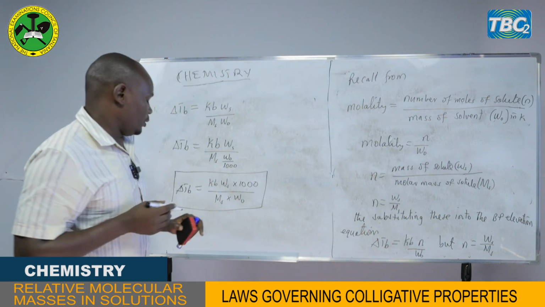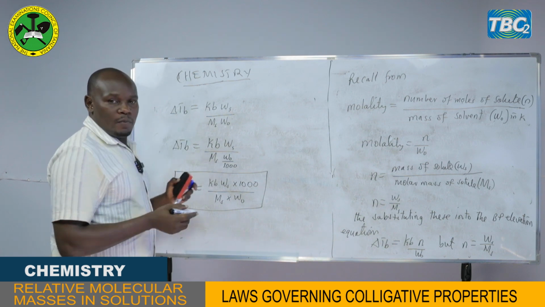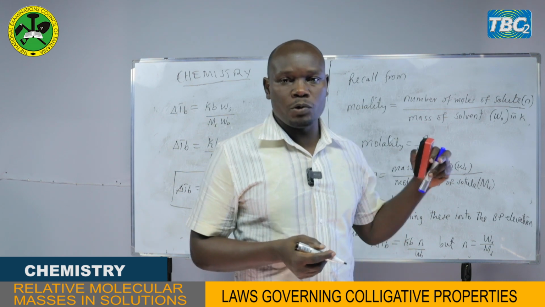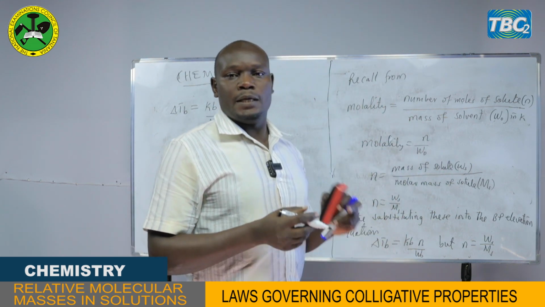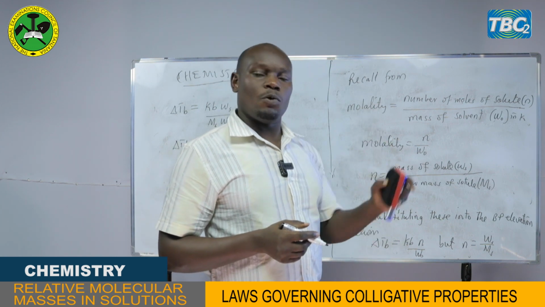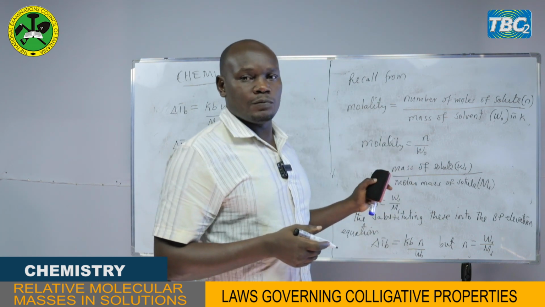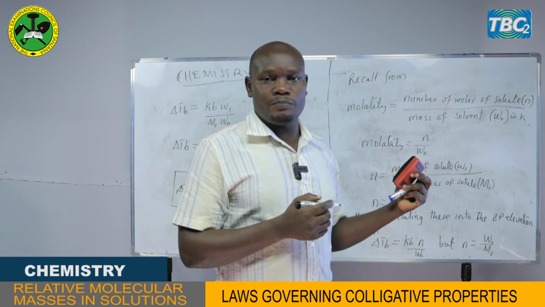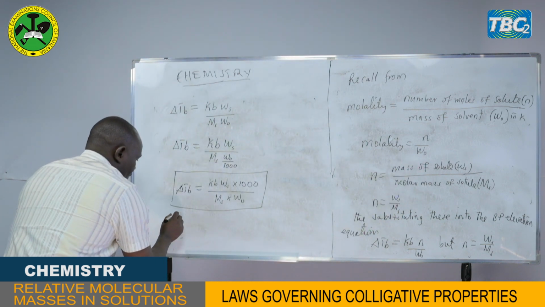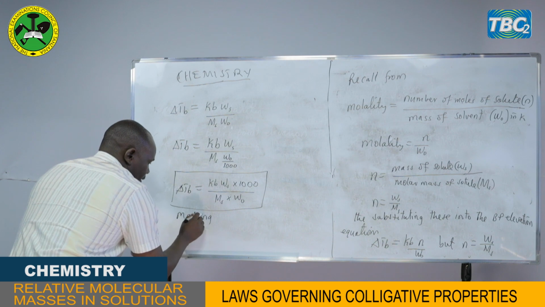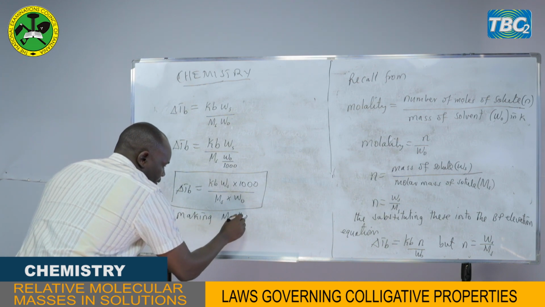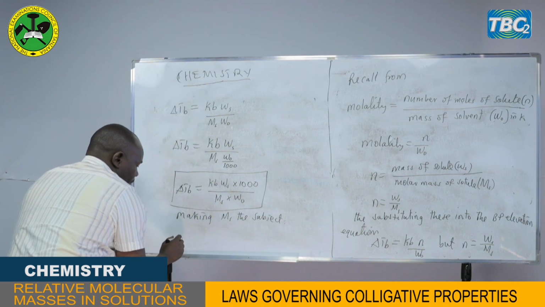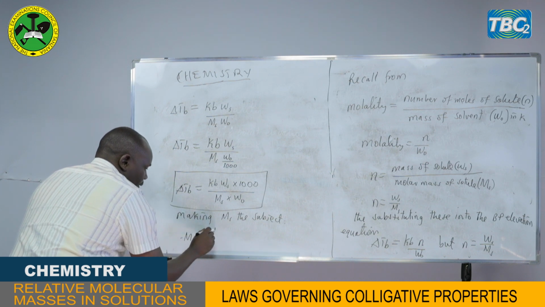So from this equation now, you may be asked also to determine the relative molecular mass of the solute, because one of the applications of the colligative properties is in determination of molecular mass or molar mass of the solute. And the molar mass of solute, we have said that it is denoted by Ms. So if we make Ms the subject, our equation will be Ms equal to Kb